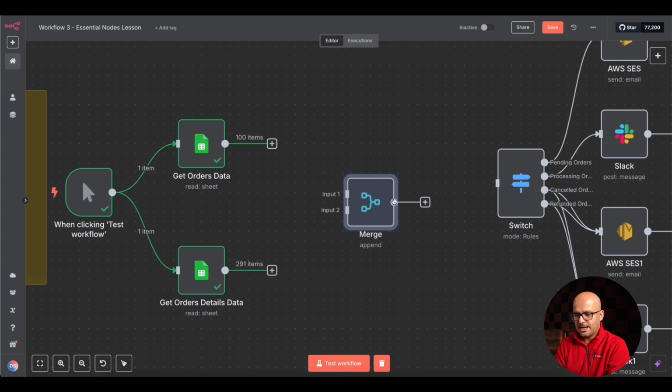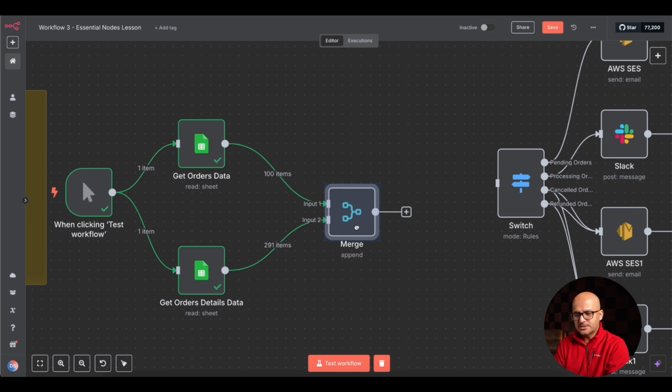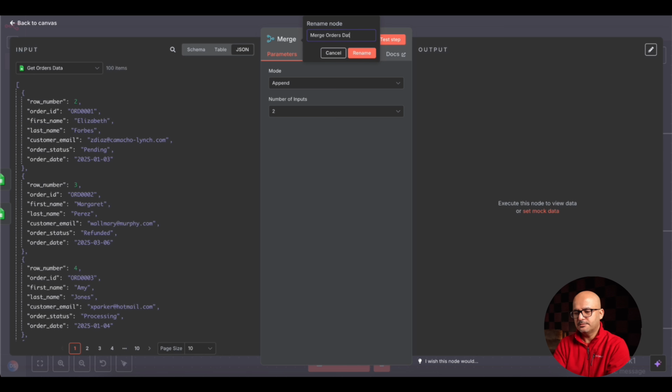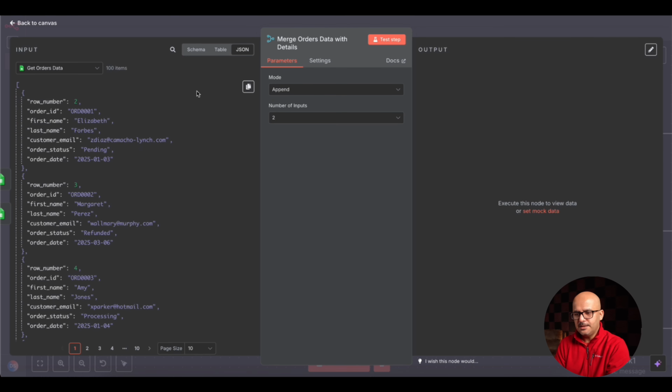We'll see that merge node is here, and as soon as I have added a merge node, there is input 1 and input 2. So you can say this is input 1 and this is input 2. Now it is going to merge the data that is coming from both the streams and show us a merged copy of it. If I open the node configuration screen by double clicking the merge node, and rename this, I'll be a little verbose here. You can see there are two inputs: input 1 is get orders data and input 2 is get order details data. So these two data sets are available to be merged.